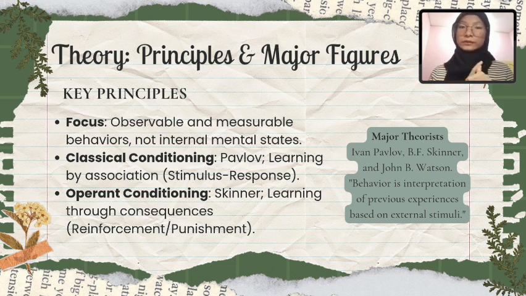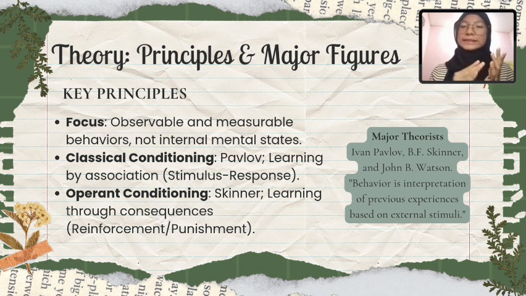First, classical conditioning, developed by Ivan Pavlov, which explains how learners associate a neutral stimulus with an unconditioned stimulus to produce an automatic response. In school, for example, hearing the school bell can automatically make students feel relief or excited because they know the class or some specific subjects ended at that time.